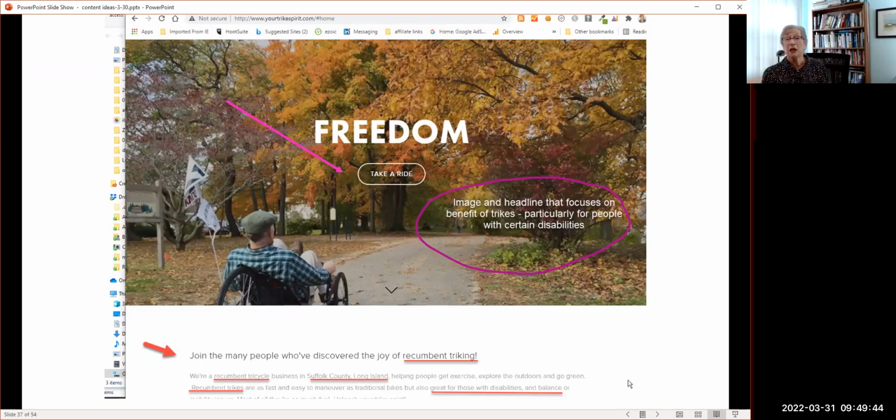And then he has a link to take the action that he wants you to take, which is to take a ride. And that leads you to a page to contact him so that you can make an appointment to go look. What I've cut off at the top of the page here is the menu that leads to the products and the other information. But it's just that this picture so much captures the experience that you want to learn more about it.